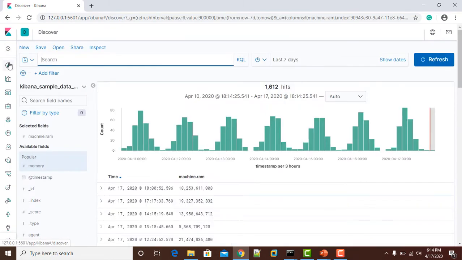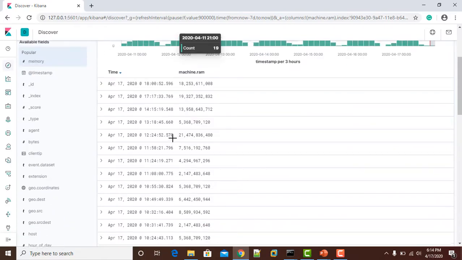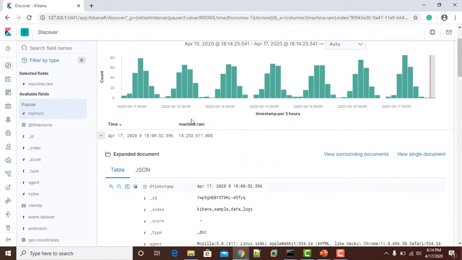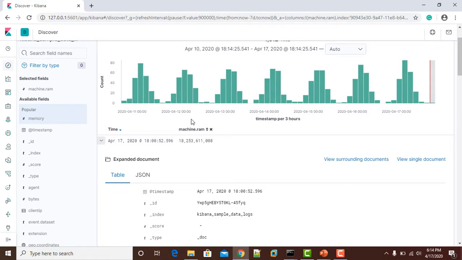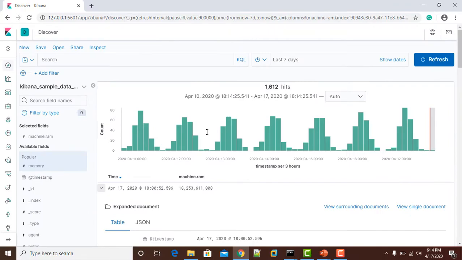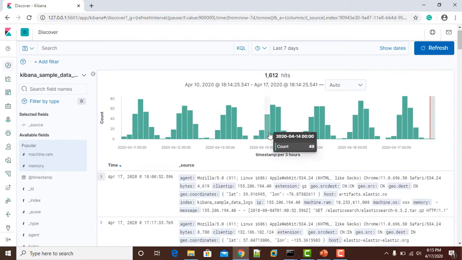The first one is Discover, where you will find all your logs with your available fields. You can visualize the data as per you want, and just by clicking on a specific raw log, you will find details about that log. This is not the log which I have pushed.